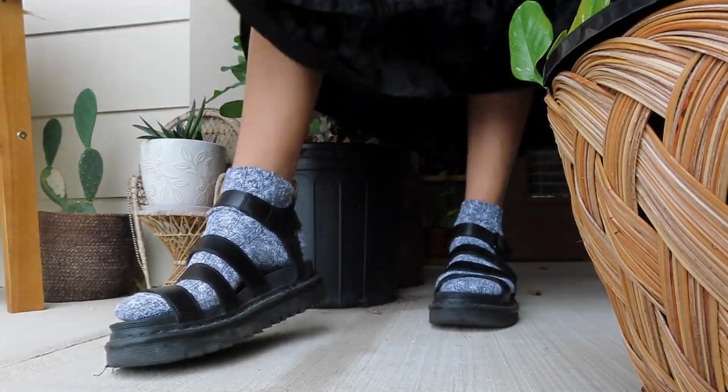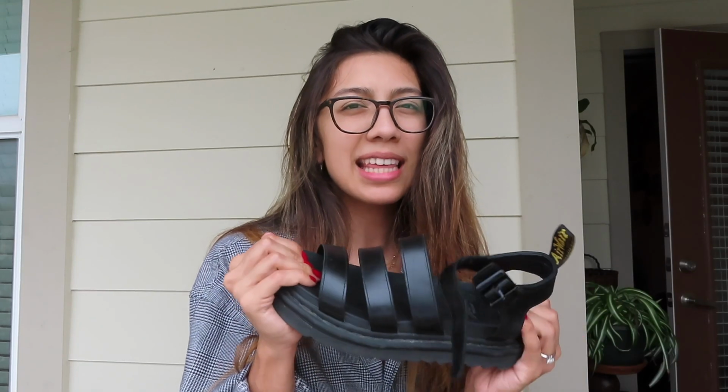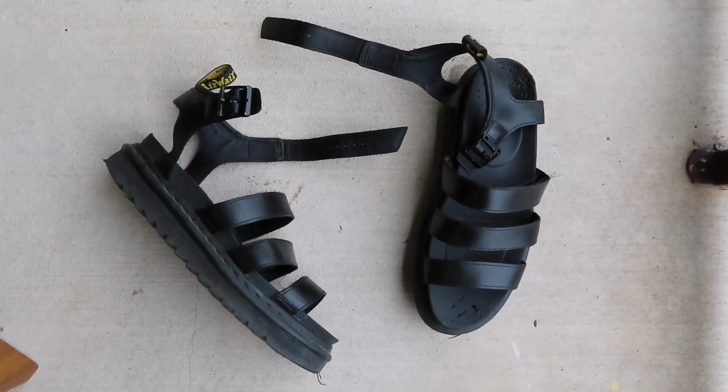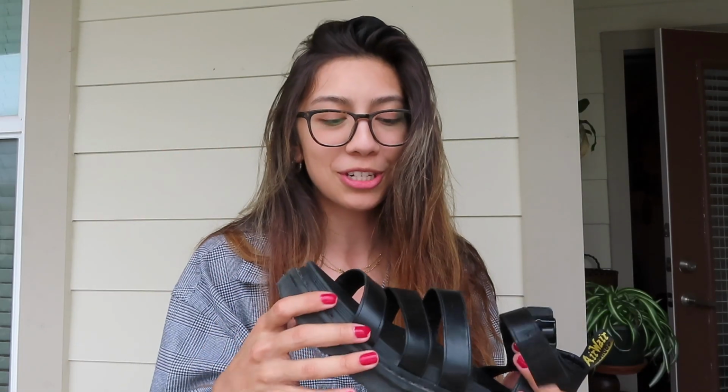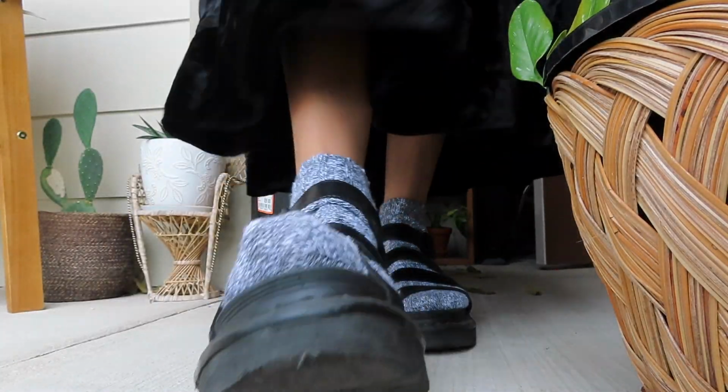Again, I'm not a big closed-toed shoe person. Even in the winter, I wear sandals. I even wear these with socks on them just to be obnoxious sometimes, but they're just so dang comfy, and I feel like they broke in a lot quicker than the boots have. Again, it probably is because it's a sandal and I wear these so much more, especially during summertime. You can tell, they just get so much love on the bottom, but I just really like these, and